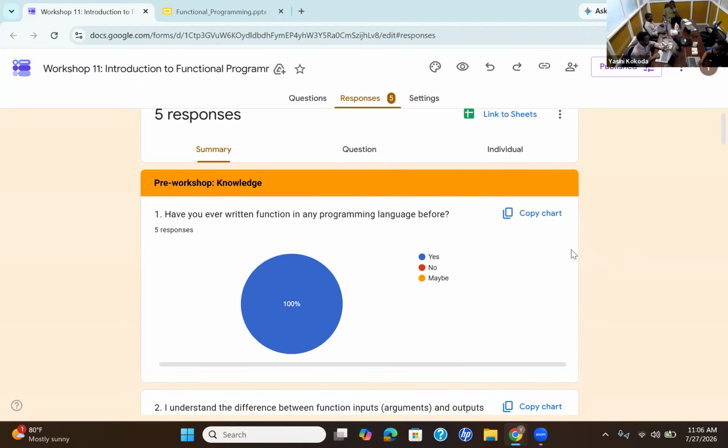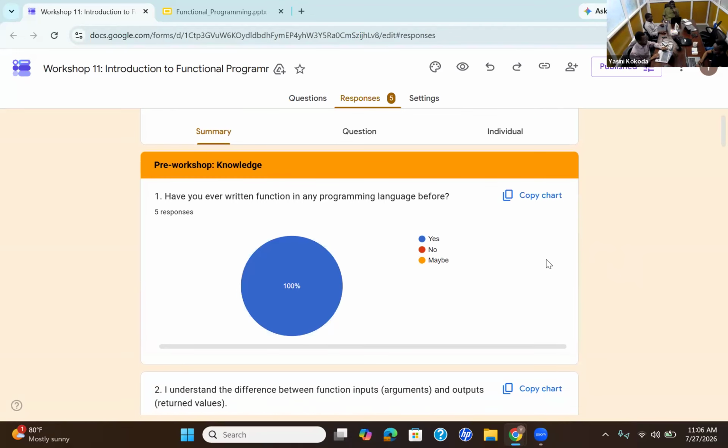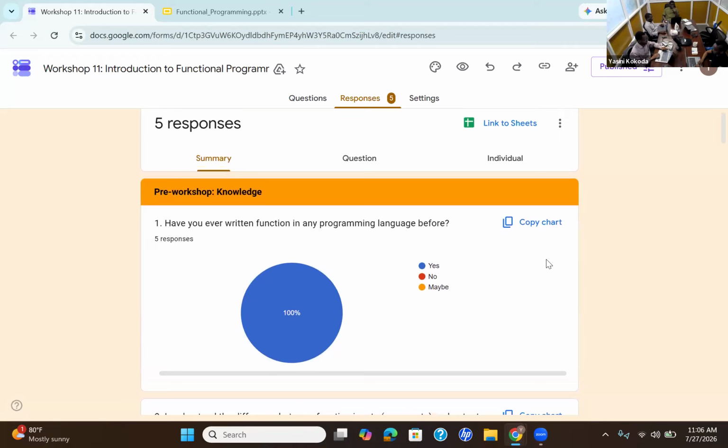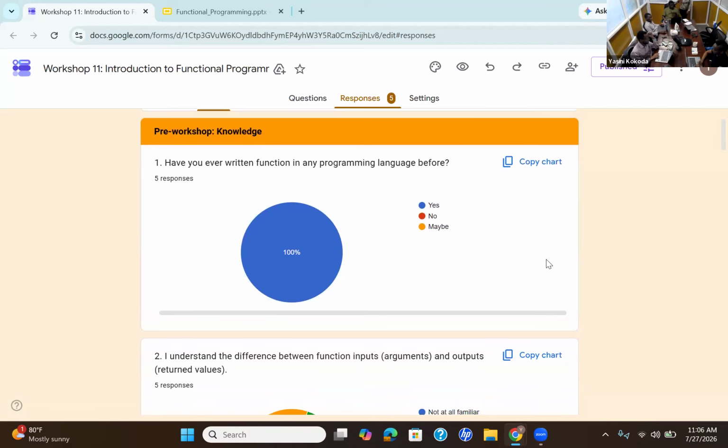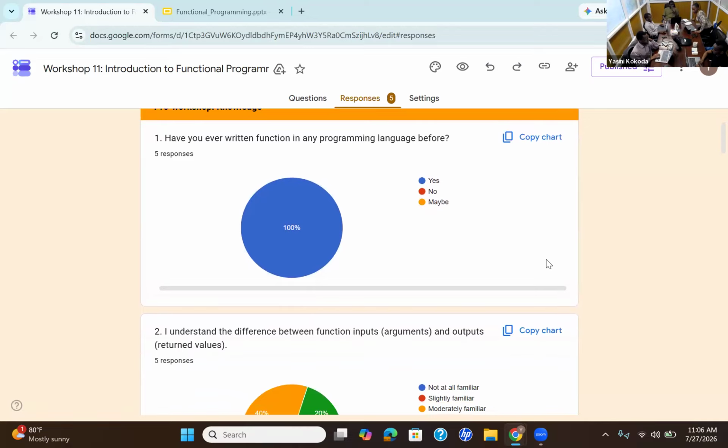I'm just going to walk you through the response outputs to show you how it looked. The first part is the pre-workshop knowledge, and for the first question, everyone has experience of writing a function in any programming language.